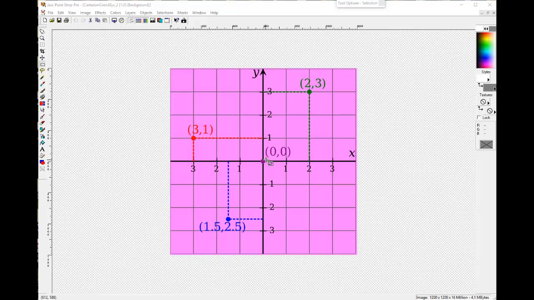And if you want to move 2 and 3, like in this example, you'll slide on the X 2 and you'll go up 3. Just like, if you want to make a move of negative 3 and 1, you'll come back 3 and you'll go up 1. Now notice,